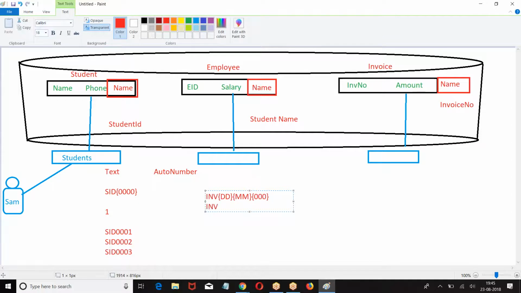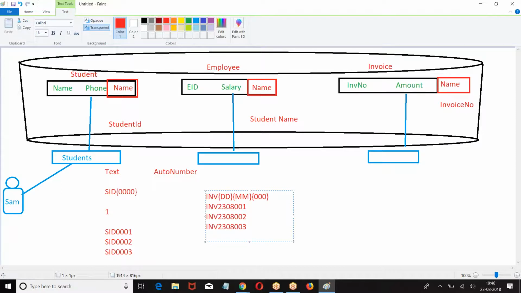Invoice day is 23rd, month 08. You specify the format. Based on the format you specified, we are going to generate the number. I hope you are good with this. People have followed this, right?